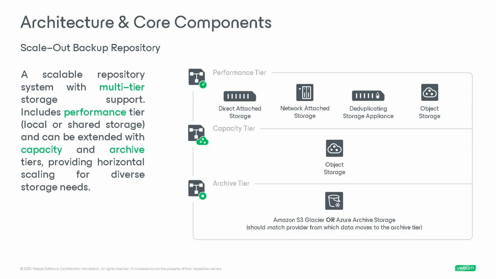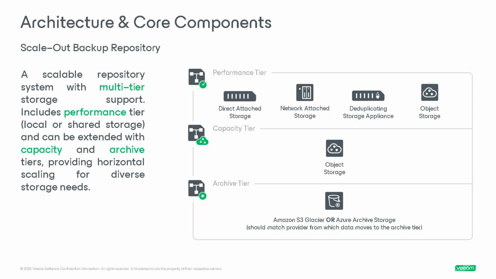So, scalable repository with multi-tier storage support. The initial place, going from top to bottom on where the data will actually flow, is the backup from the proxy to the repository. If you're using a scale out, it would land on the performance tier. So you can use any of those options, object storage included. You can even send it directly to object storage. That's up to you how you want to do that, but we try to give as many options